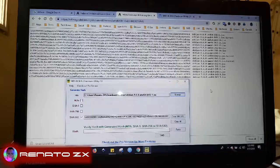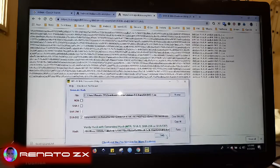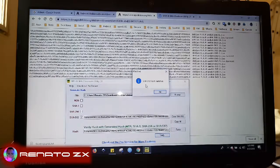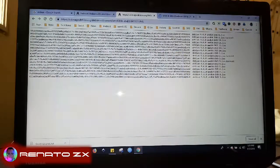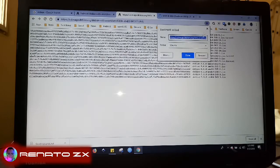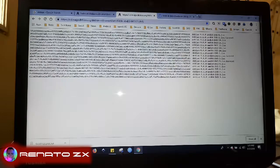Okay, as you can see, I just have to paste and click verify here, and it has to give this option. It has to say SHA-512 hash has matched. So that means the ISO is good to use. So I'm gonna bookmark this here,